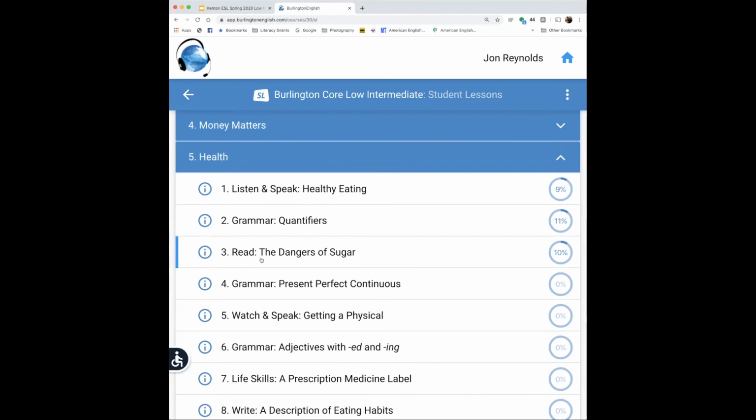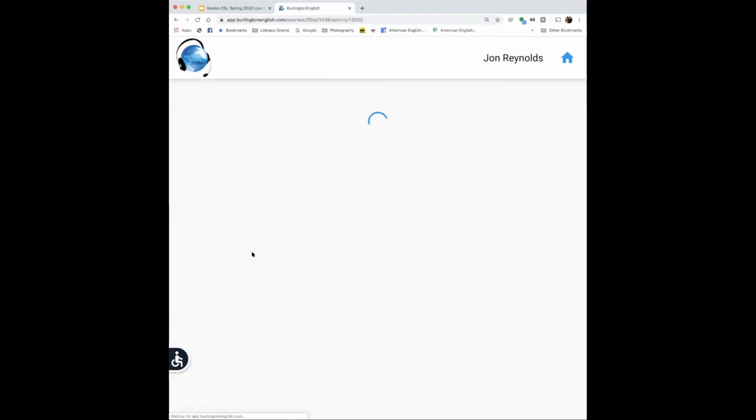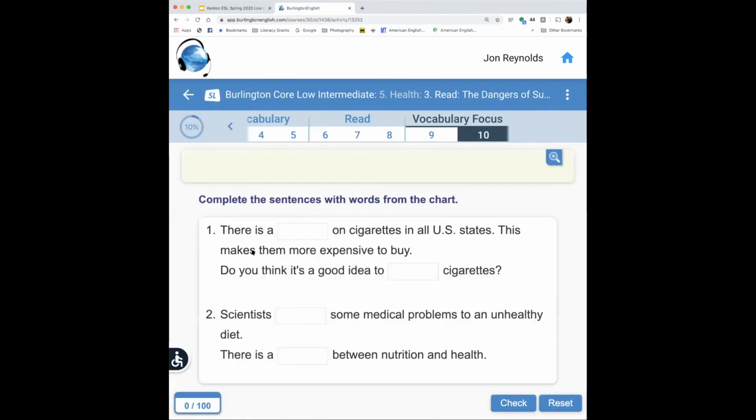So the activity you're going to do is called The Dangers of Sugar, and it's activity number 3. It's listed right here. And I know, if you're using your phone, sometimes it's a little hard to see the text on the screen. So my advice is you might want to use this on the mobile platform, not the app. So use your browser, Safari or Google or something to read it. But if you can't, what I did is in the video that I made, I recorded the text.